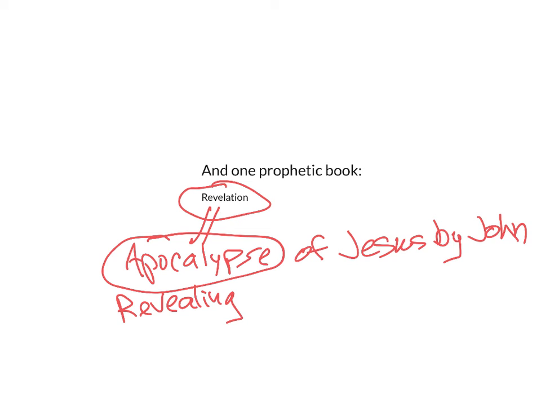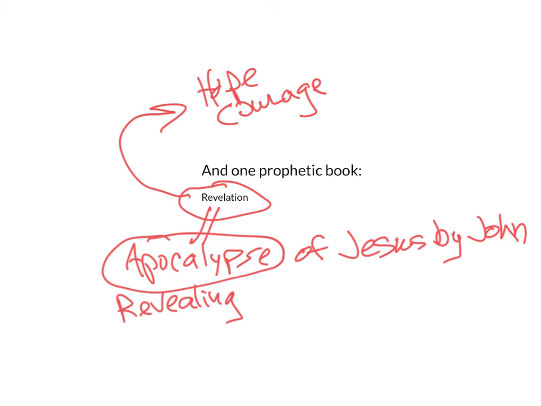So the book of Revelation has been made to say many, many things, not all of which can possibly be true because they conflict with each other. But one thing is clear. The clear truth of the book of Revelation is that things are going to get bad, but Jesus is going to bring his people through. So it's a book about hope. It's a book about courage. It's a book that says they're going to do their best to destroy you, but Jesus is strong enough to bring you through, so hang in there.